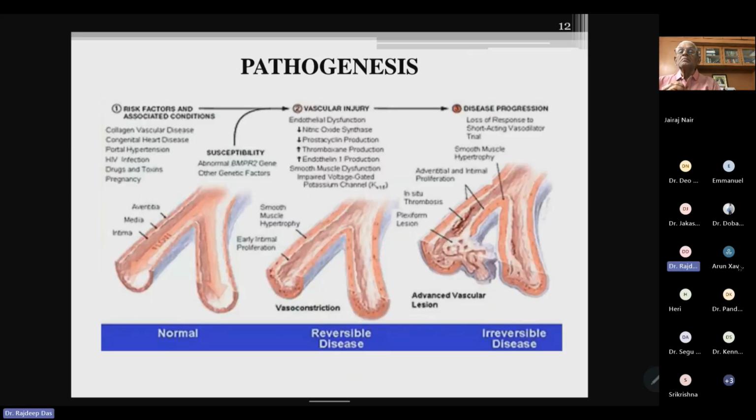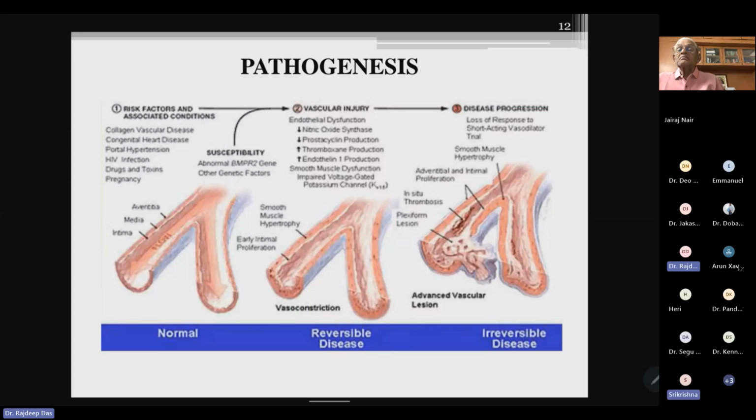Pathogenesis of the disease starts from the various risk factors and associated conditions like collagen vascular disease, some congenital heart disease that we'll discuss later, portal hypertension, some infection, HIV, drug and toxin induced pulmonary hypertension, pregnancy. Along with this, there is genetic susceptibility for some gene mutation. When they combine with the genetic susceptibility and associated condition, there occurs vascular injury, which is mainly the endothelial dysfunction,